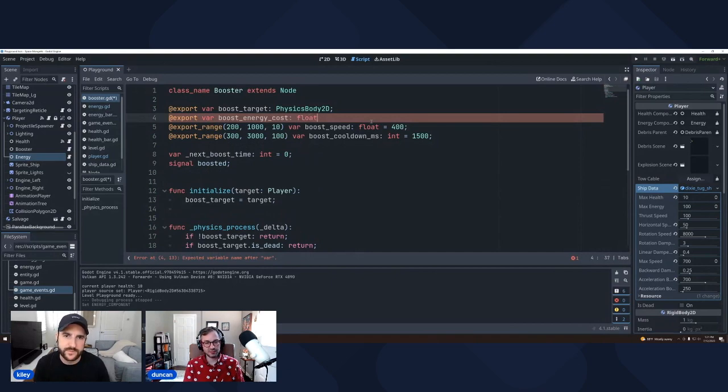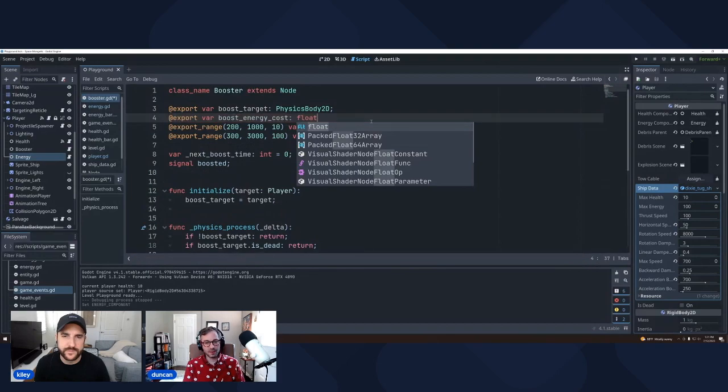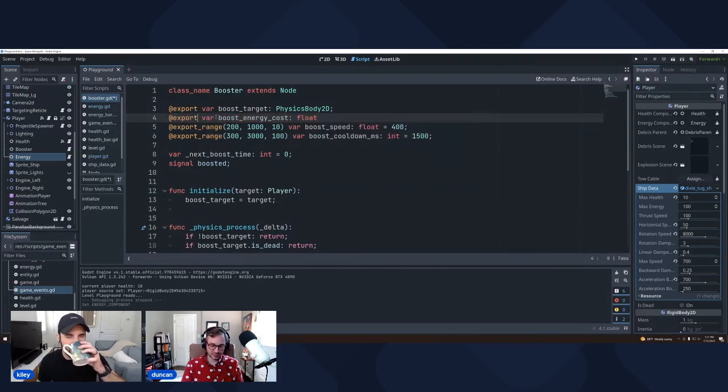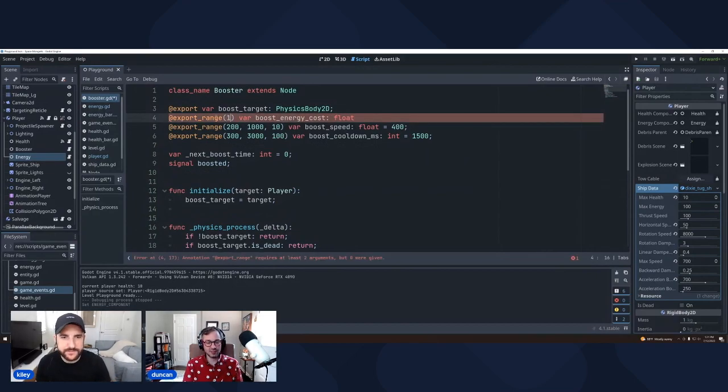So this will be a float, right? And again, we've already done some. We want to do the range, right? So, in theory, probably be 1. Maybe the maximum cost for a boost would be 20. I don't know. Maybe that's like a crazy booster. And then the increment just kind of keep 0.5, right?